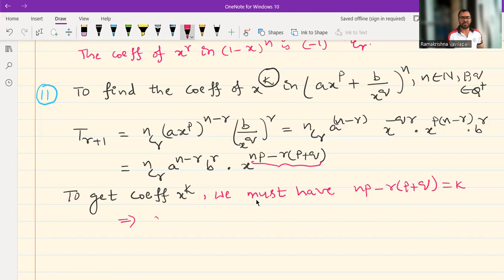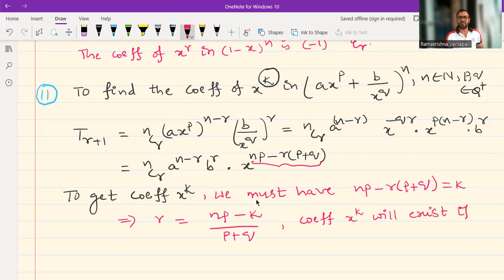So here r equals (np minus k) by (p plus q). So the coefficient of x power k will exist if this expression is an integer,